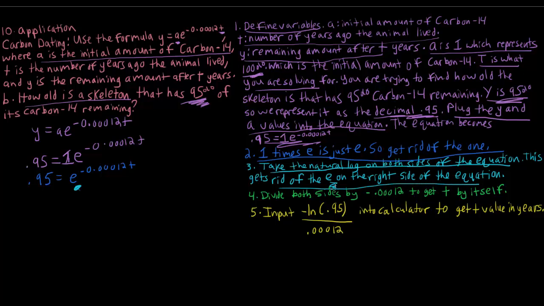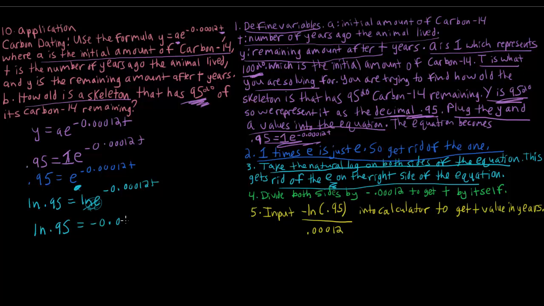So if we do ln 0.95 equals ln e raised to negative 0.00012t, doing this natural log will get rid of this e. So you'll end up with ln 0.95 equals negative